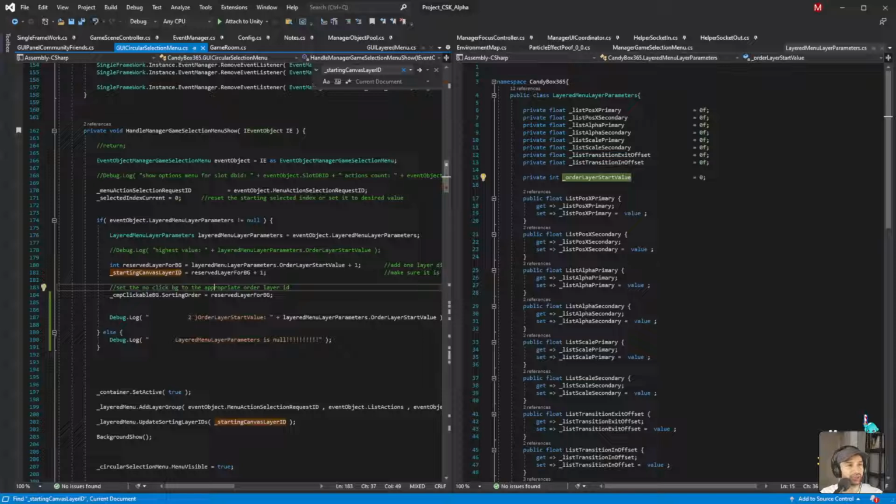Right? In this particular case, we'll just go through it step by step. So what's happening is that we're checking if the parameters are not equal to null. If they're not equal to null, this may or may not be set. If it is not equal to null, we use this. If it equals null, then we use,